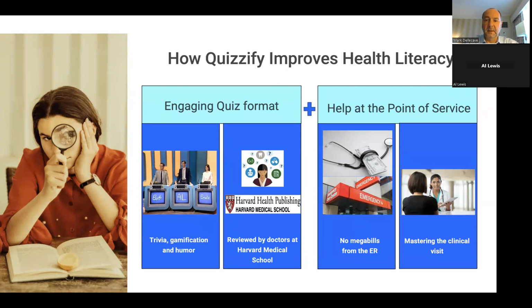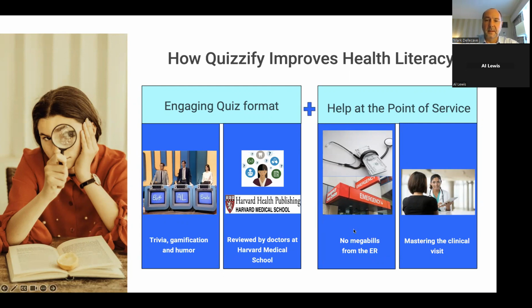And there's a strategy involved in this that helps employees not get large bills from the ER. And that's still a big problem all over the country. And Al will talk a little bit more about this particular strategy that we have set up so that's right